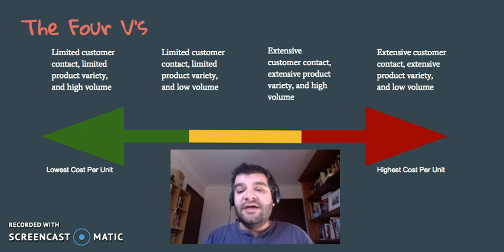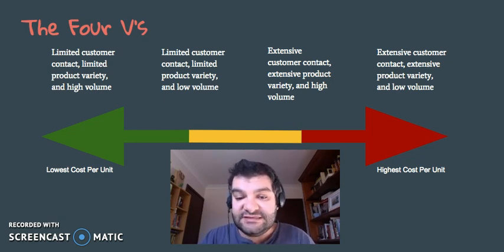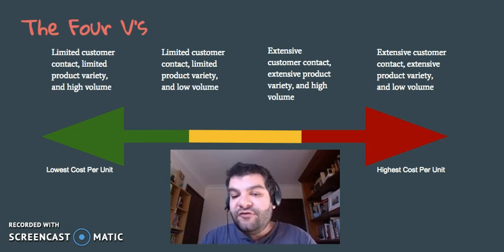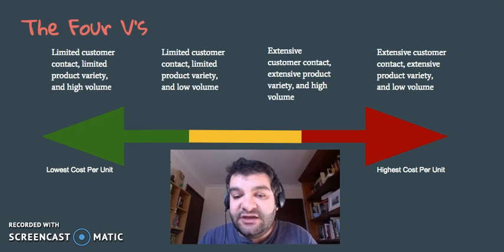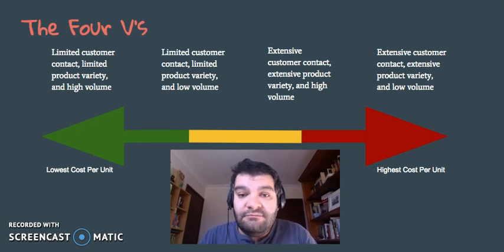And then finally, the one with the highest cost per unit to produce will be the one with extensive customer contact, extensive product variety, because you have a lot of differences in your product and a lot of contact with the customers, but low volume. So rather than mass producing something, you're doing this on a small scale. Now, this, for example, would be for a service. It might be